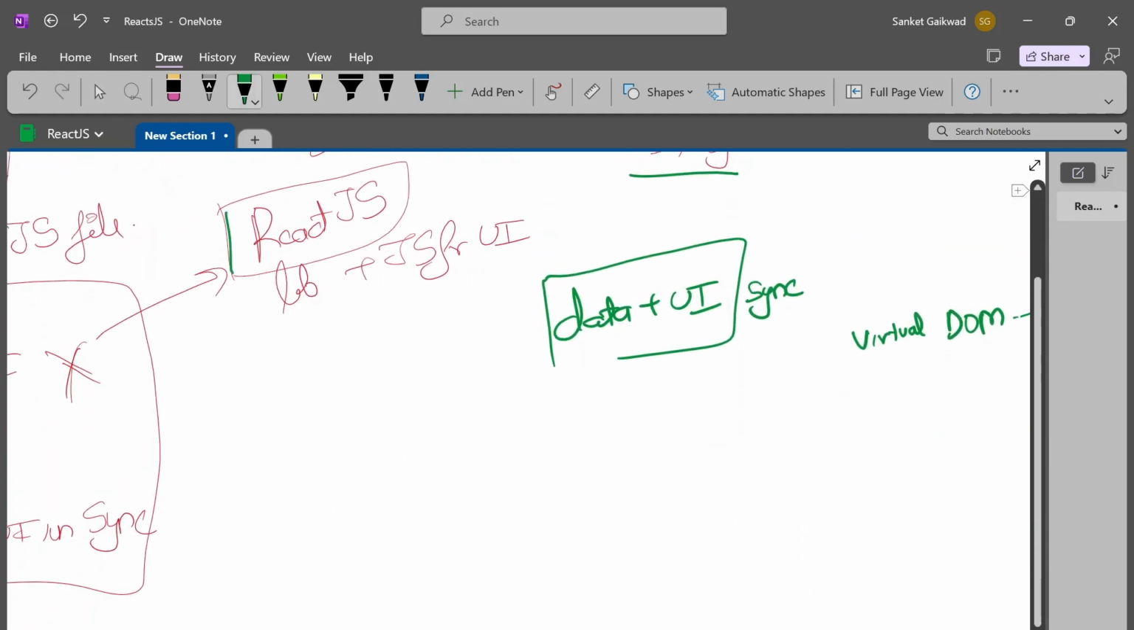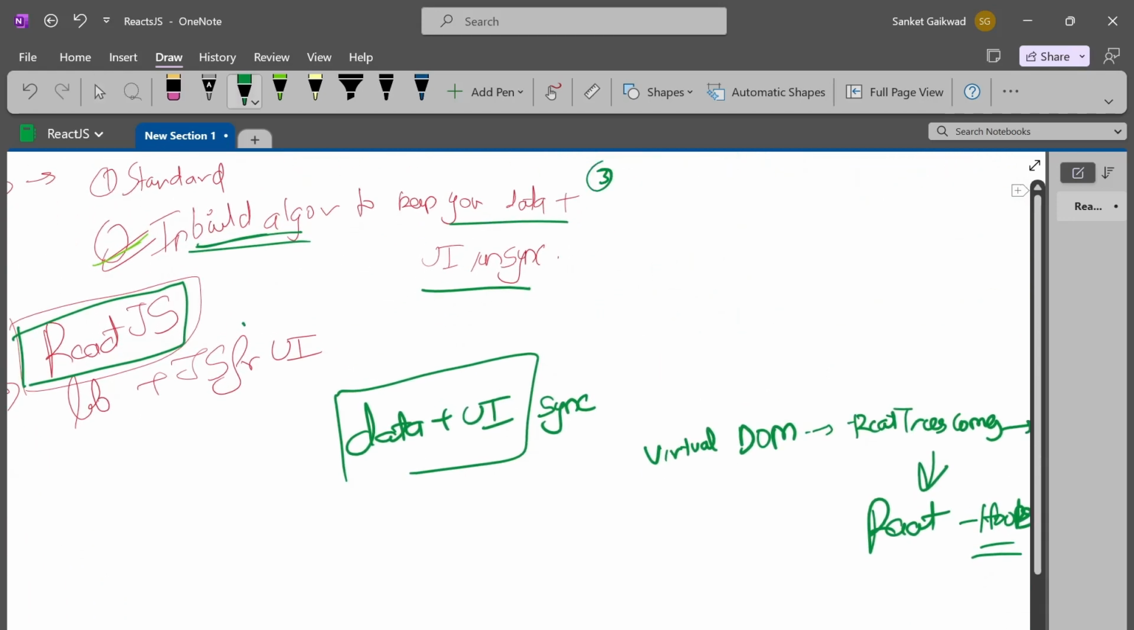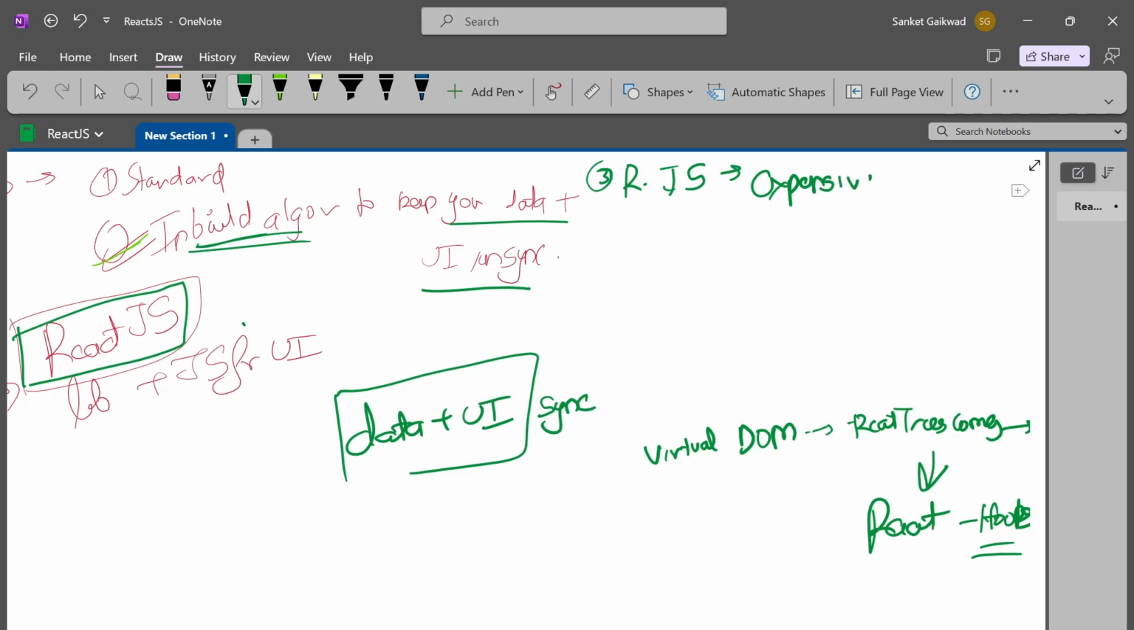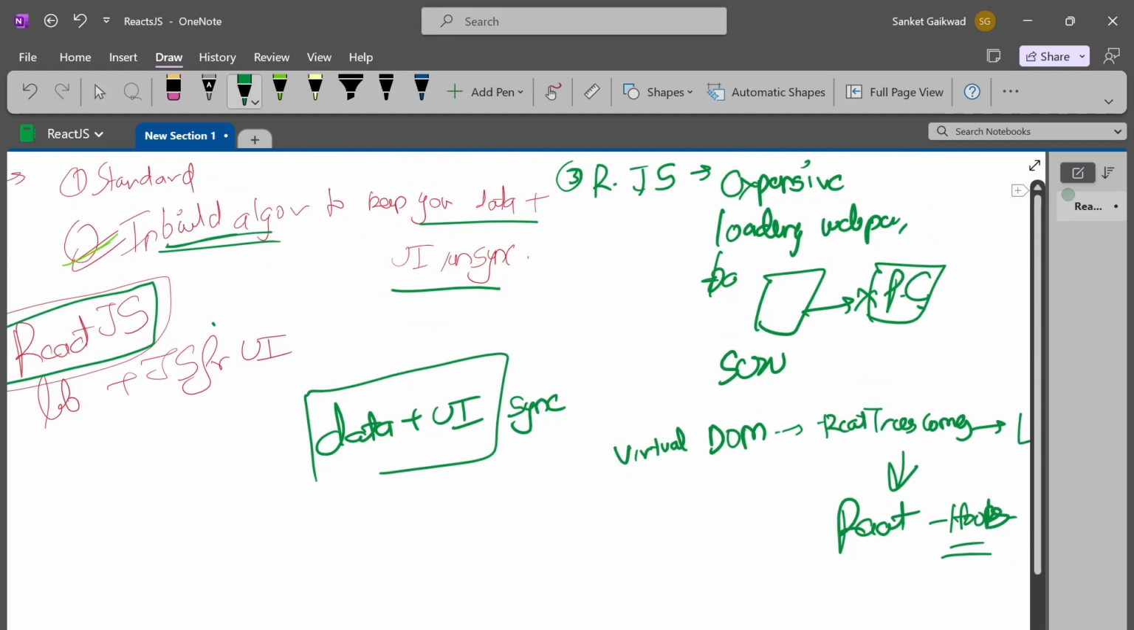And what more can I tell you about React JS? Along with the user experience, it is also observed that React JS is not so expensive, expensive in terms of loading the web pages or putting a load on the server, nor on the PC. Why is this so? Why does React